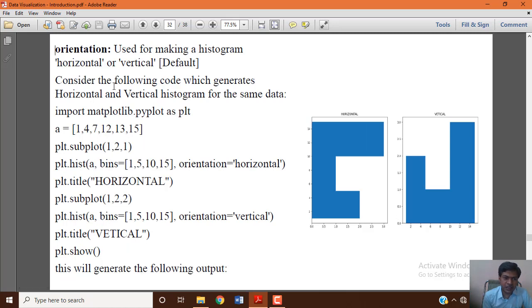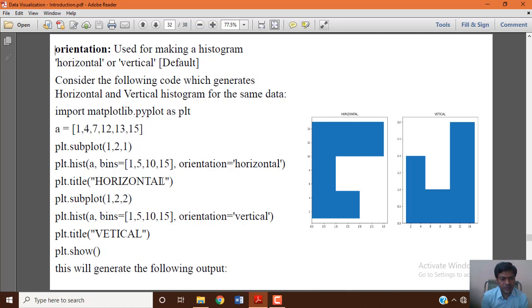Then orientation is used for making a histogram horizontal or vertical. You can see how we can represent this parameter of histogram. Here also we take the same example, and we want to print two images within the plot. By using subplot you can represent that: total number of rows 1 and total number of columns 2, the two columns being left and right images, one means left and two means right.